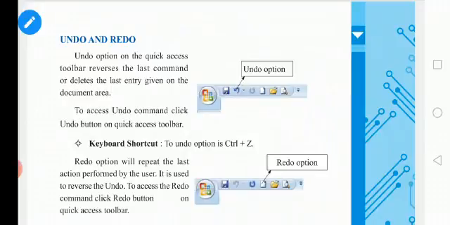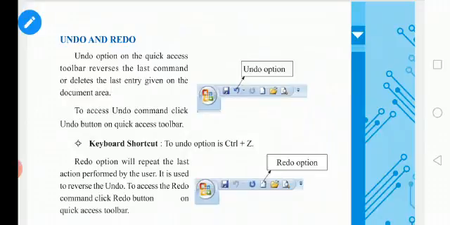For example, as I told you, after typing a document, if you have selected a line and instead of copying the line, you have deleted it, if you have pressed the delete key, so your line has gone. Only then you realize that we have made a mistake, we have to change the operation.